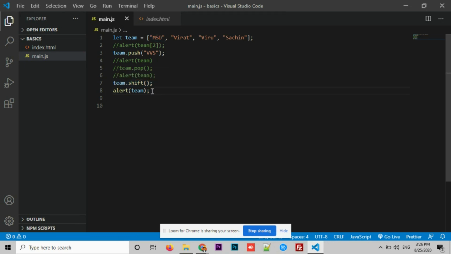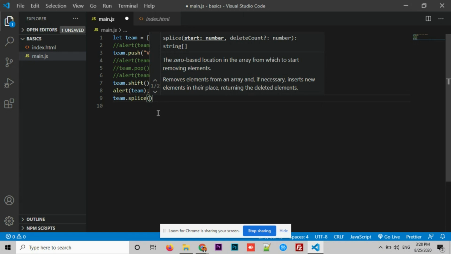We can use unshift as well in order to add something at the front. Alright, now what if you want to remove something which is there in between? For that we have a method called splice. Let me show you how to use splice and how we can remove the elements. Team dot splice.